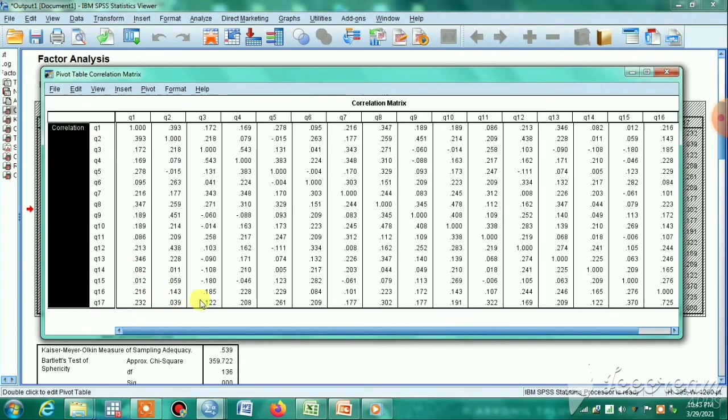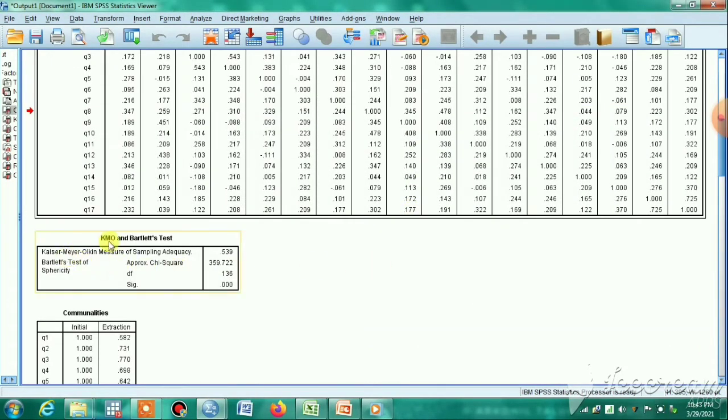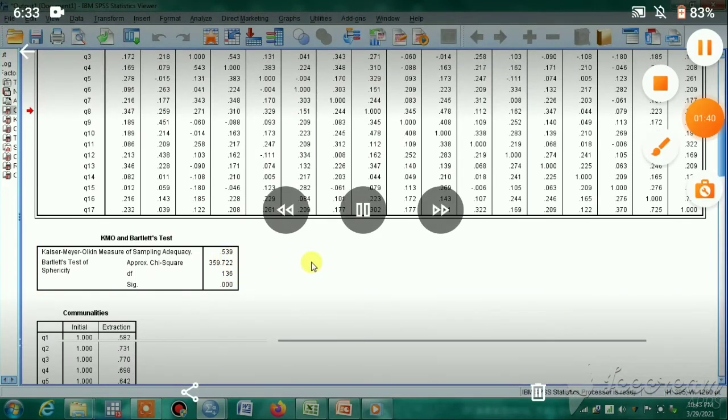Another thing we can see is the Kaiser-Meyer-Olkin measure of sampling adequacy. This is 0.539. Generally we say it should be at least 0.6, but in some literature it is also written that more than 0.5 may be accepted.